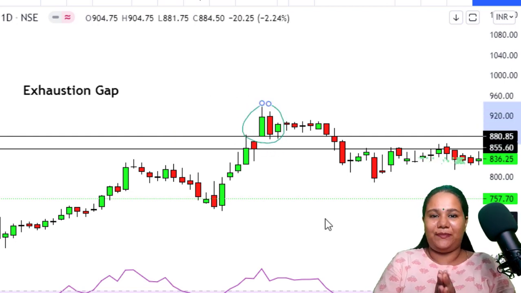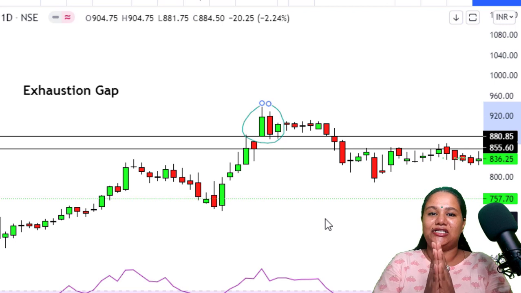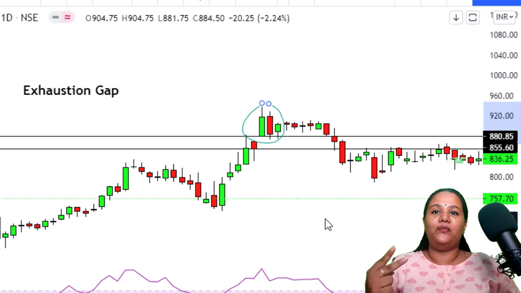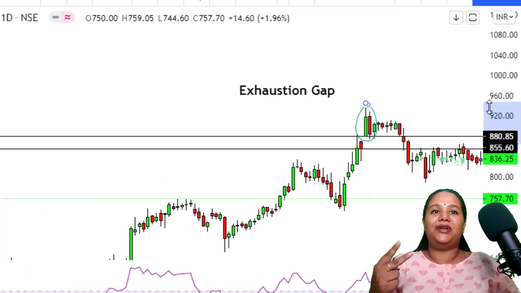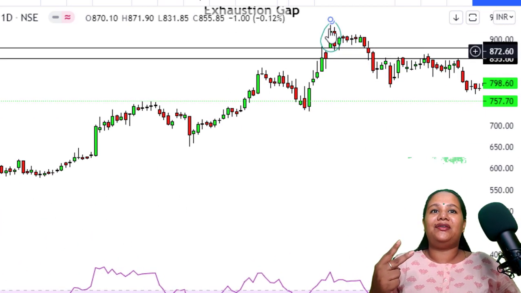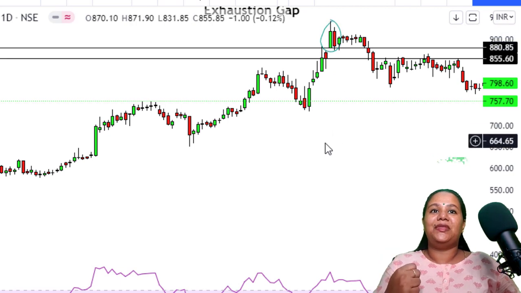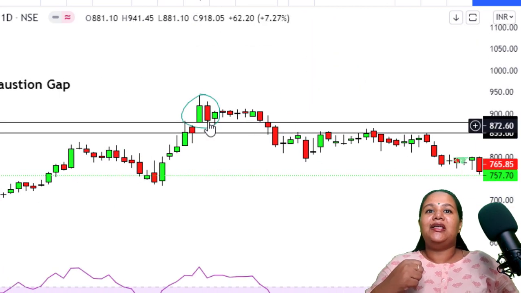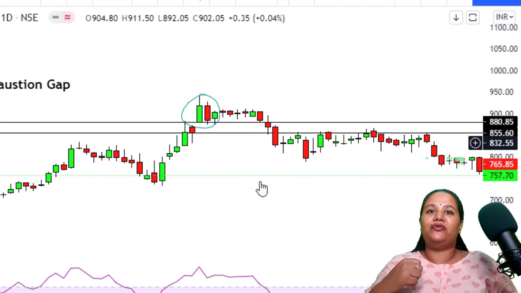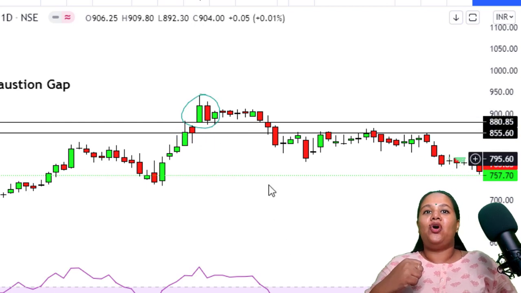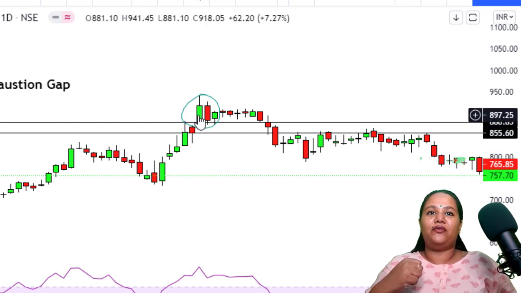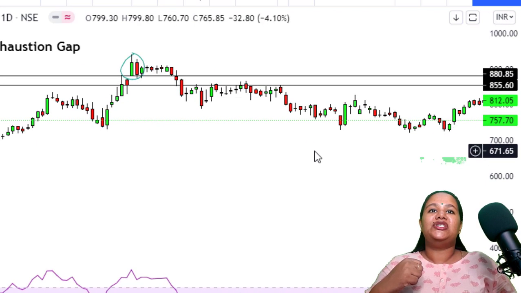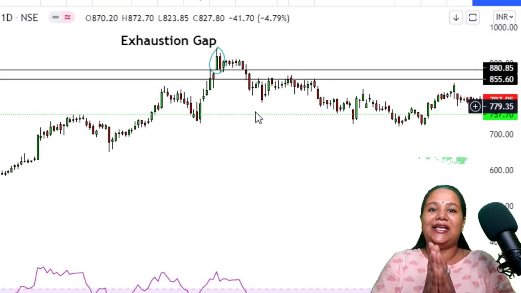When this happens, you can be clear that this is not a breakaway gap or a runaway gap, but an exhaustion gap. There are two clues for you. First, there was a strong uptrend. Second, the market reverses on the very next day. Usually the market will continue to come lower, filling this gap immediately, or in this situation it has taken a few days, but eventually it has filled this gap and come lower. So what this means is that the trend is over.